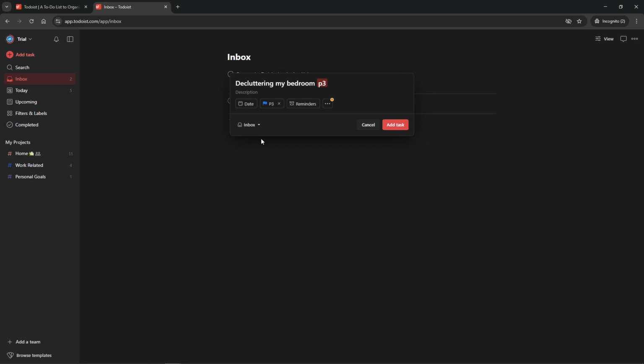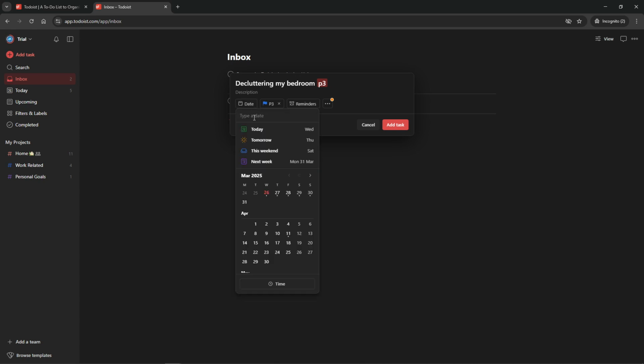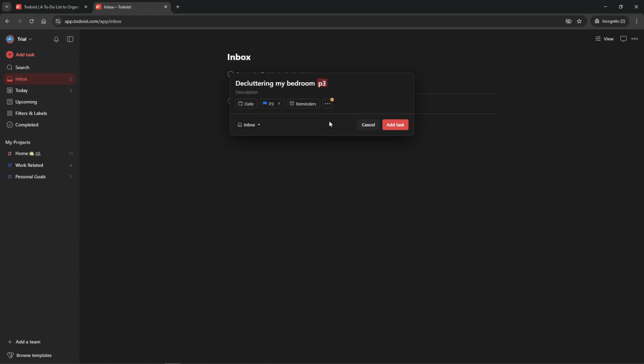Next, another essential tactic is setting due dates and recurring tasks. Due dates are great for ensuring your tasks are completed on time. For routine activities, you can set up recurring tasks. For example, you can choose intervals such as every Monday or every second Friday. If a task doesn't have a strict deadline, mark it with someday, so it doesn't occupy your immediate mental space,